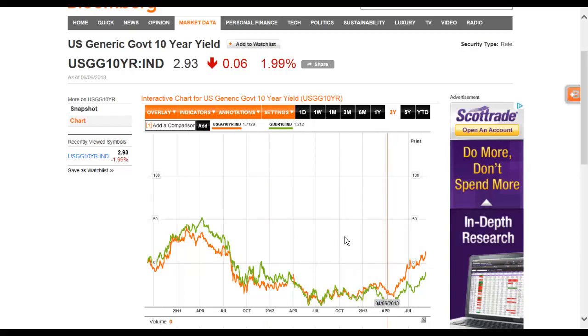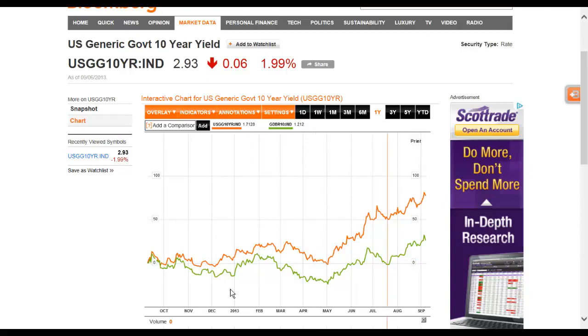So comparing the lows respectively, there is an accumulation going on, and it's seen with the US bond yield. Okay, so now if we go back to Google once again,